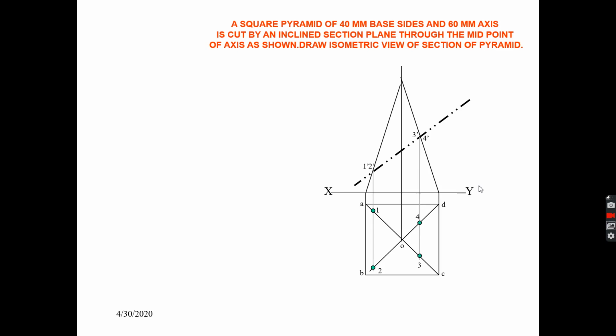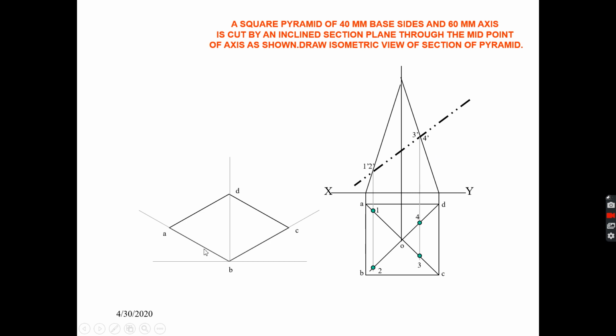In this particular question also, you first need to draw this diagram in the drawing sheet so you can get the actual measurements. After that, you can proceed further. In this question also, you first draw the base of the square pyramid. The orientation of this pyramid is given to you.